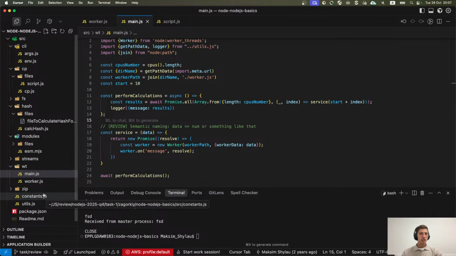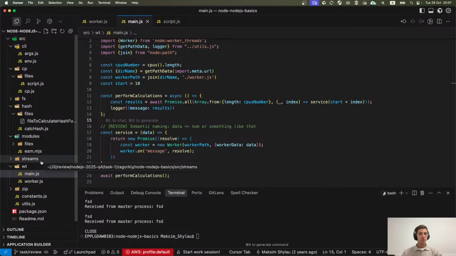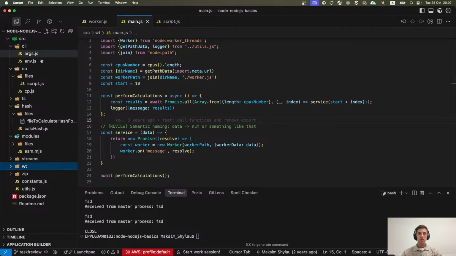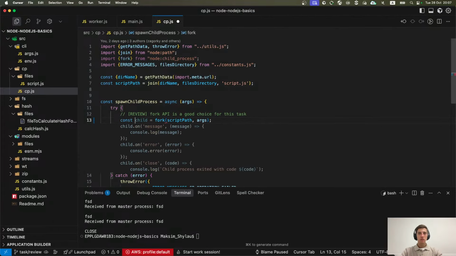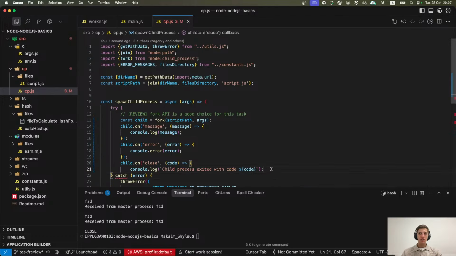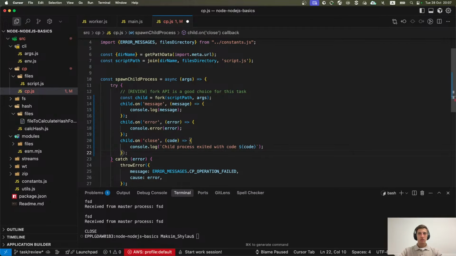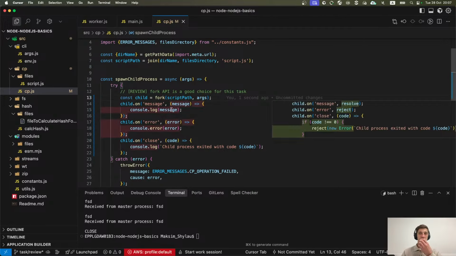If I'm not mistaken, we can also subscribe to certain events for the child process. For example, the IDE already suggests some stuff. So yes, we can subscribe on the message event, we can subscribe on the error event and handle errors in the child process.